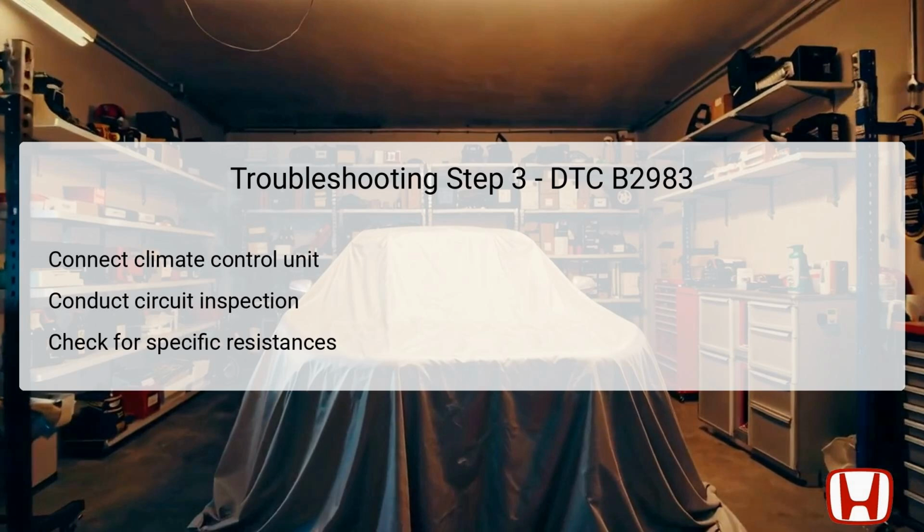In this step, you will need to connect the climate control unit and conduct a circuit inspection to understand the integrity of the circuits involved further. The inspection should include checking the resistance values between the MREC and MFRS circuits while ensuring that the vehicle remains in the off state. Specifically, you should observe that there is less than 1 ohm of resistance between both circuits